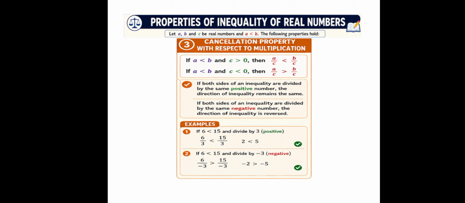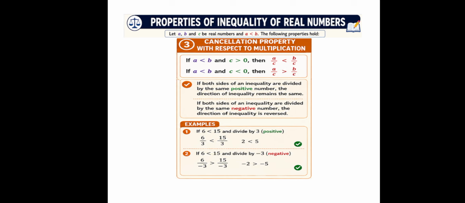Now see, the value of a is less than b and the value of c is less than 0, and c is less than 0 means the value will be negative. Okay, so now we are going to take a negative number. So if 6 is less than 15, but we are going to divide it with minus 3. So 6 by minus 3, as we know that 3 ones are 3, 3 twos are 6, we get the answer minus 2. 15 divided by minus 3, 3 ones are 3, 3 fives are 15, but we get the answer